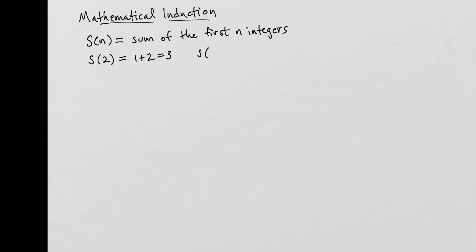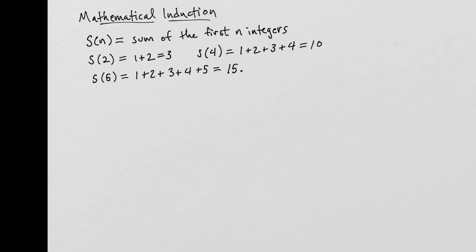If you say S of 4, then I want 1 plus 2 plus 3 plus 4, which is equal to 10. S of 5 is 1 plus 2 plus 3 plus 4 plus 5, which is equal to